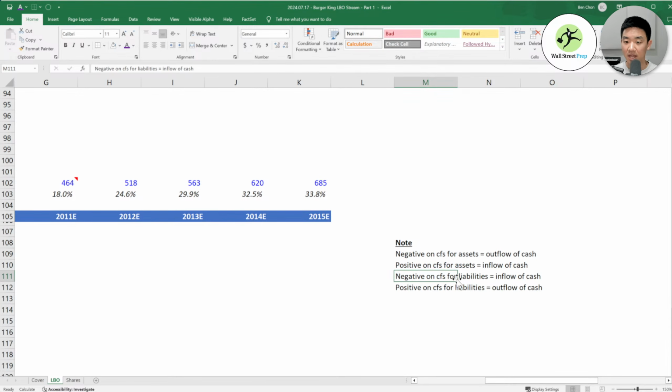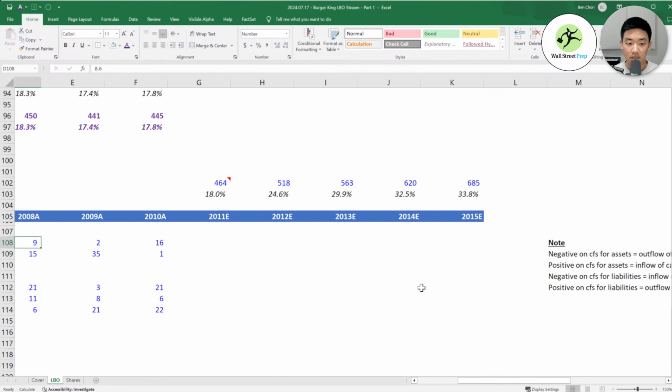And a negative on the cash flow statement for liabilities means an inflow of cash, meaning if you increase your accounts payable, you got cash and need to pay it, right? Sorry, yes, negative means that. And a positive on cash flow for liabilities means an outflow of cash. So what does this mean here?